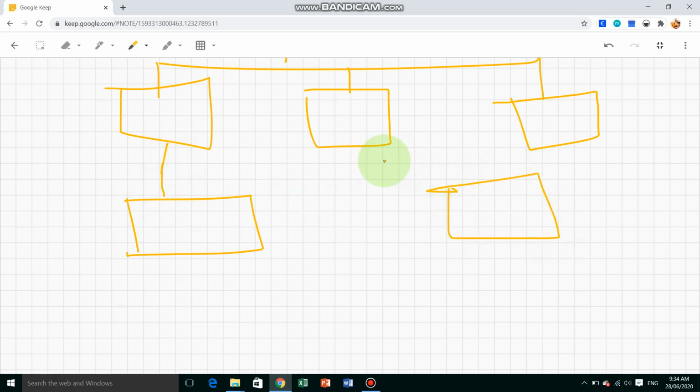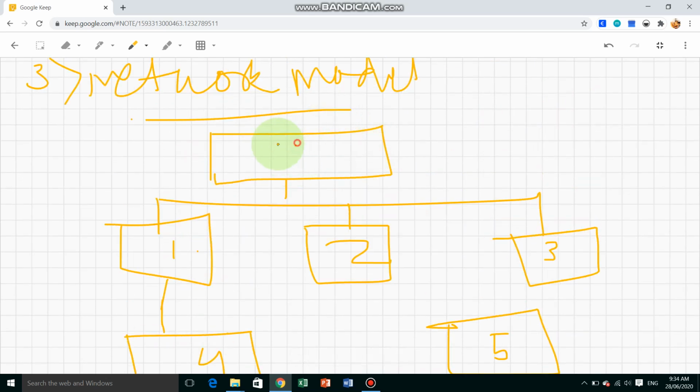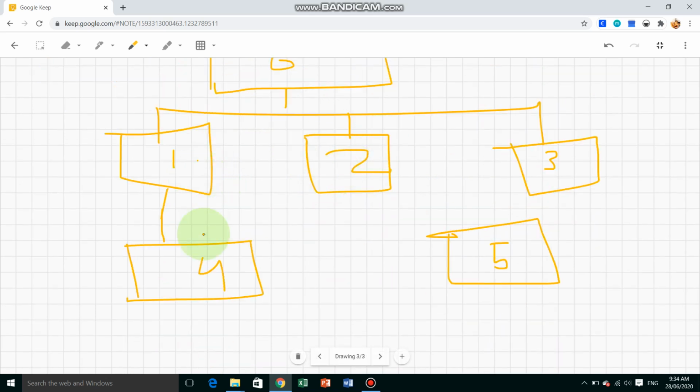So in the network model, what does this mean? This table has connectivity with other tables. This is table 1, 2, 3, 4, and 5, and this is one of our databases, called the main database. Table number 4 has a connection with 1 and a connection with 2. It can also connect with 3. Table 3 is connected with 5. It can also connect between 2 and 3.